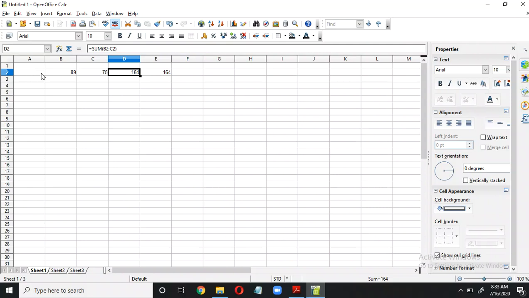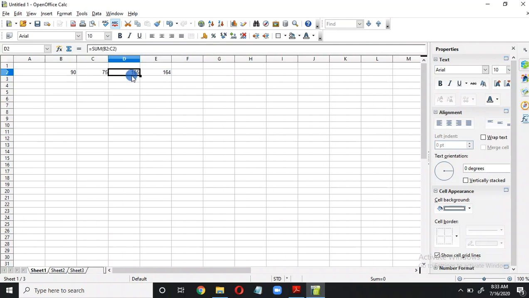Like I have entered the marks, and this mark of 89 has changed to 90 later on, by mistake one mark is being added. So what will happen when I change it to 90? Now notice the difference. Here it will become 165, but here it will remain 164.